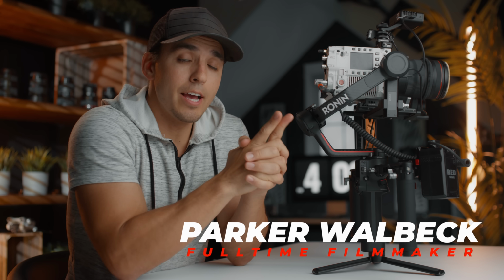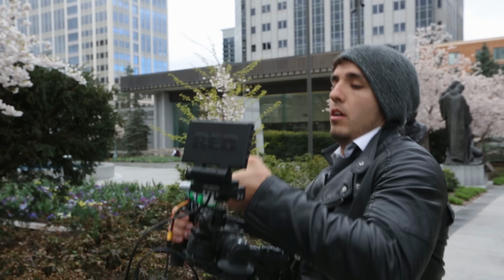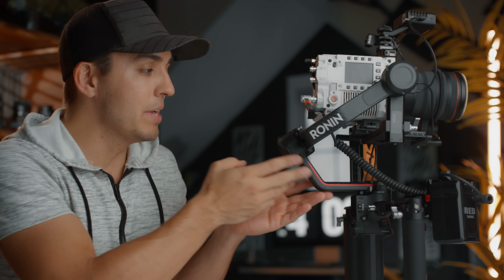I love the size, compactness, and ease of use of the DJI RS2, but one of the reasons I don't use my Red camera as much as I'd like is because it's too big to fit on my RS2 without having to jimmy rig it with counterweights or only use really small lenses. I was always frustrated that DJI didn't make these arms just a tad bit bigger so that I could fit